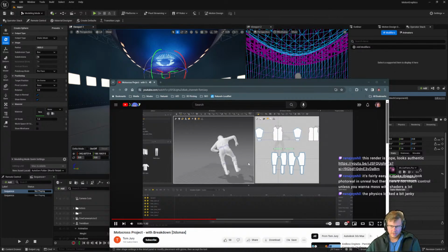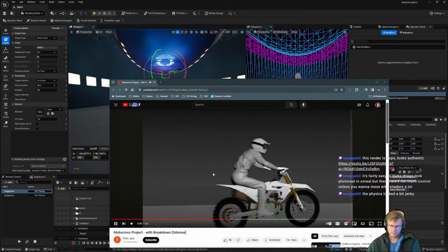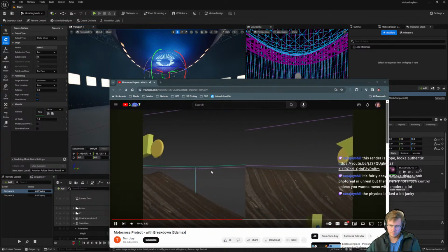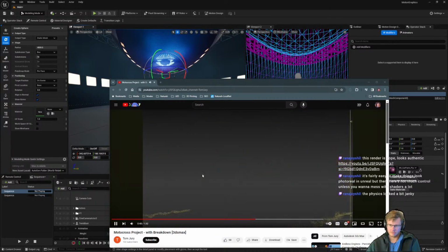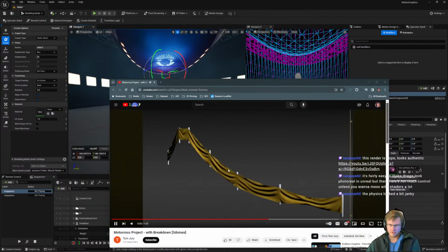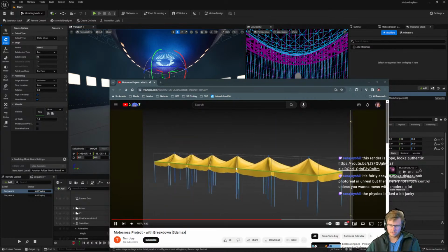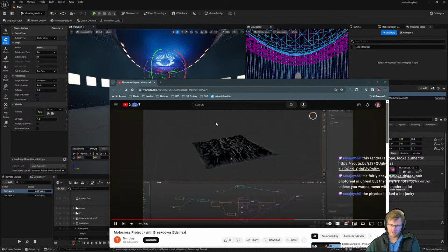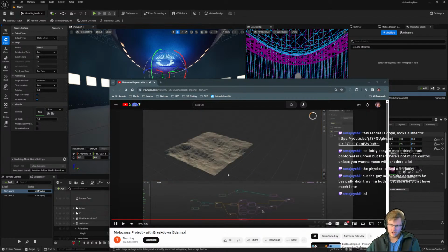Right? Yeah. Blocking. Particle trails. More cloth sims. Environment. Earth. Wind. Fire.